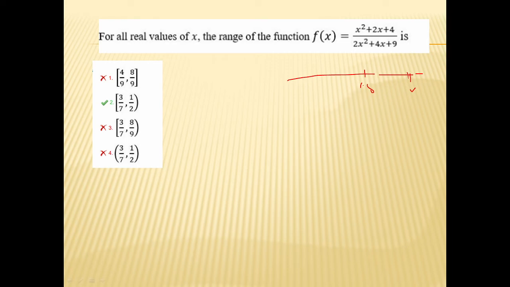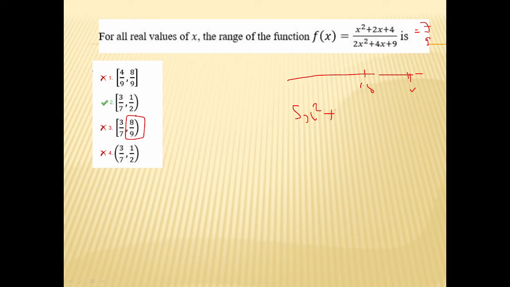Now take 7 by 9, because there is no close bracket here, so we'll take a lesser value than 8 by 9. So 7 by 9 is taken, equals 7 by 9. Don't solve, actually just observe this. 9 into 7, so 5x square in the RHS. Remember this in the RHS. 9 into 2 is 18, 7 into 4 is 28.